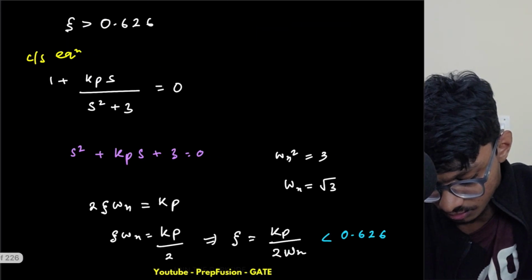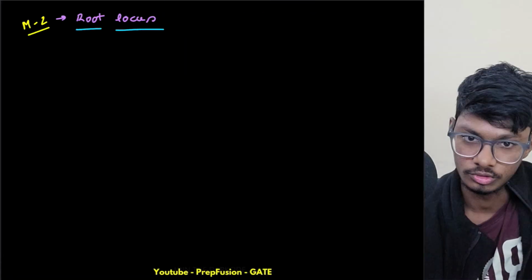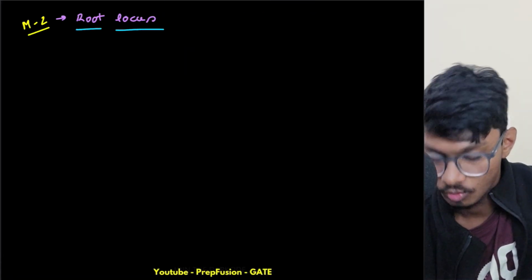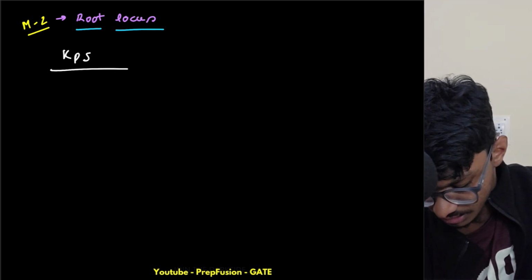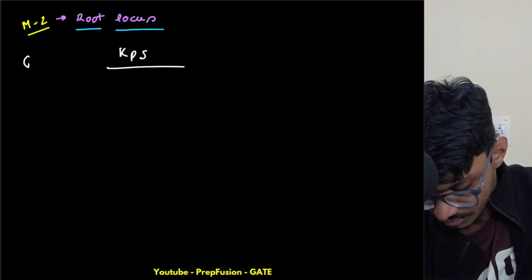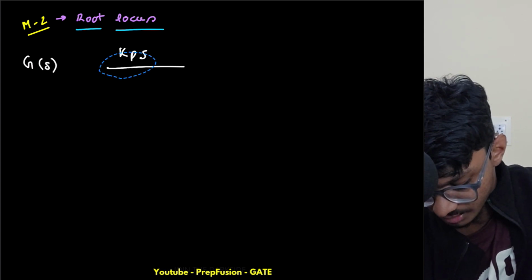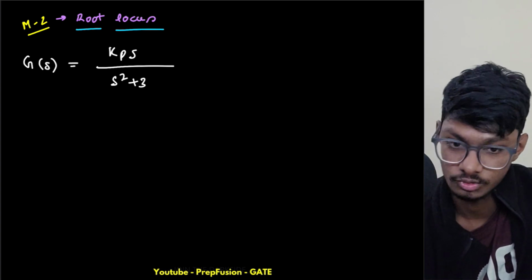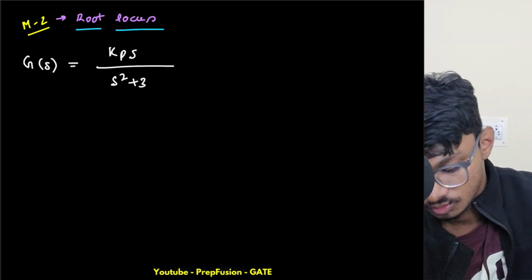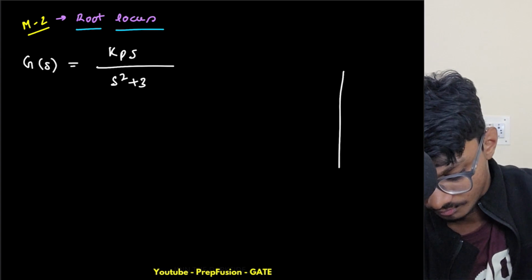Okay, so what is the root locus method? First I will write the OLTF. What is my OLTF? OLTF is Kp S over S square plus 3, where Kp is the variable. Okay, so can we plot the root locus real quick? So here if I want to plot the root locus,